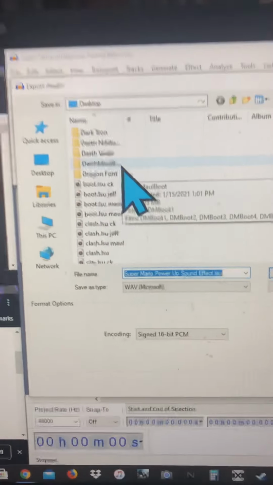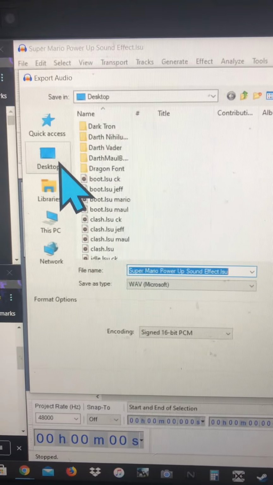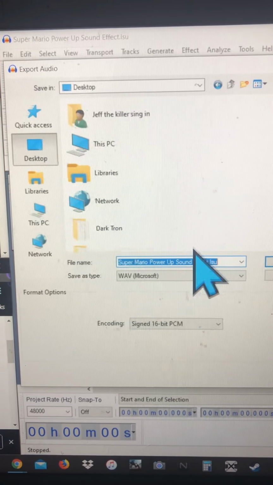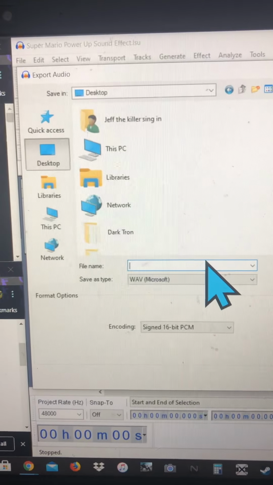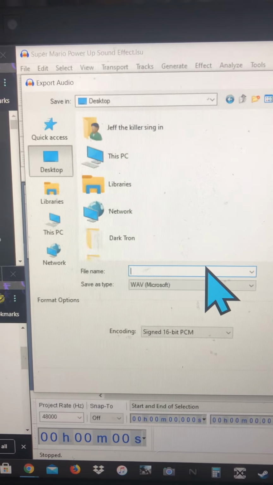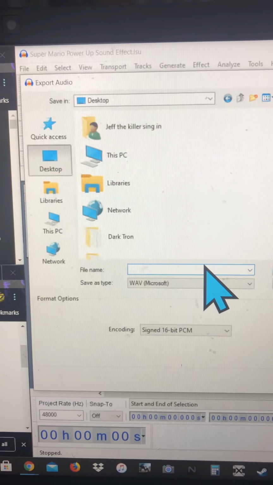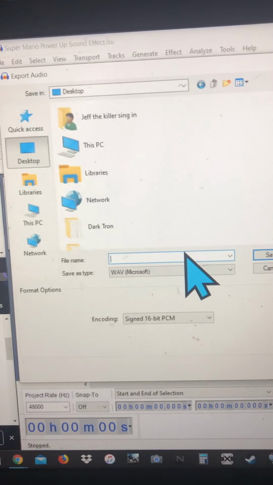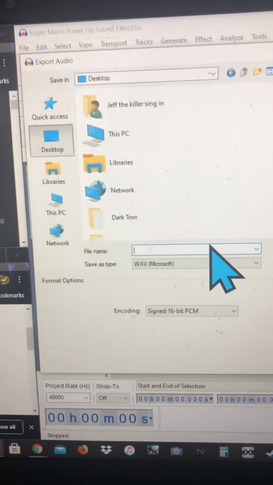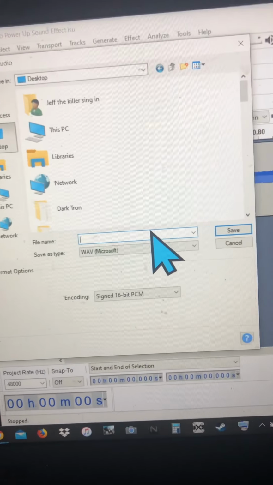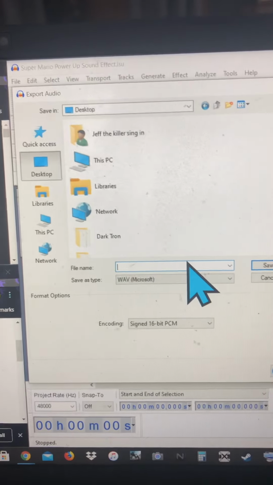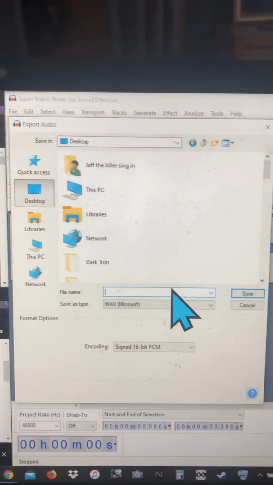Download that. I want it on desktop. And then I want to download it as, but you can either use it as a boot sound, like to select the file you want to use it as, either boot, power on, power off, clash, swing, or idle. Let's say I want it as a swing, so I'm going to type